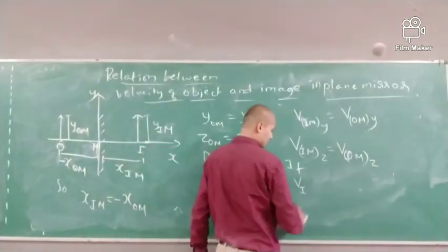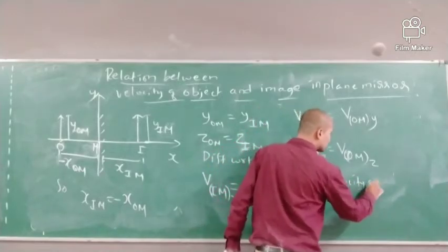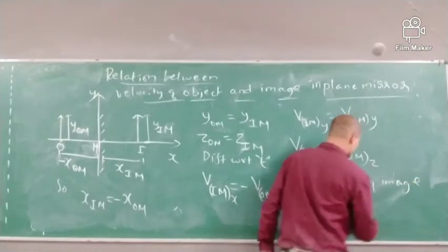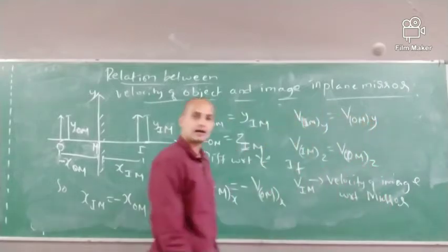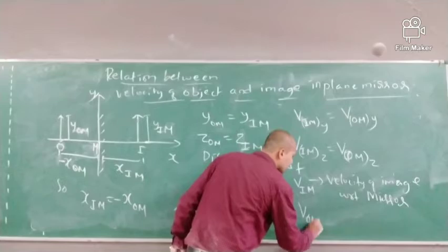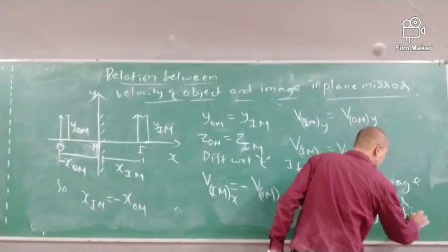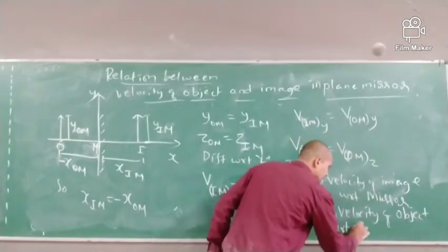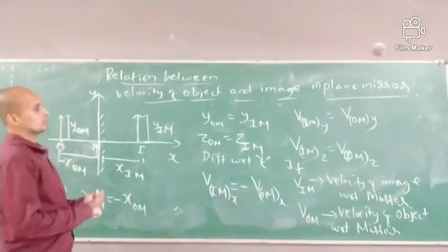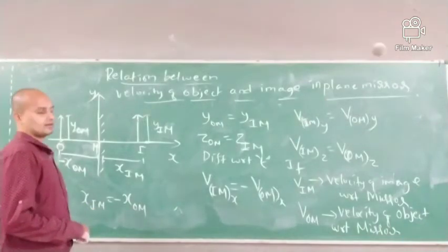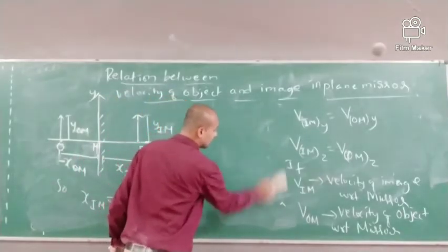If VIM is the velocity of image with respect to mirror, correct? And if VOM is the velocity of object with respect to mirror, then I can write what? Let me rub here and tell you. If I rub here and I tell you, then I can write